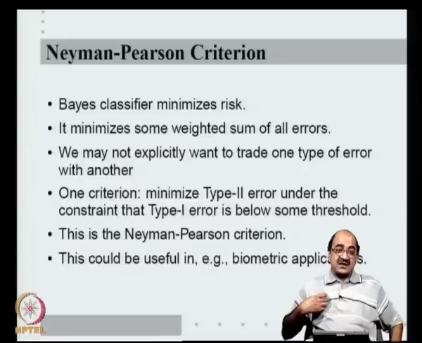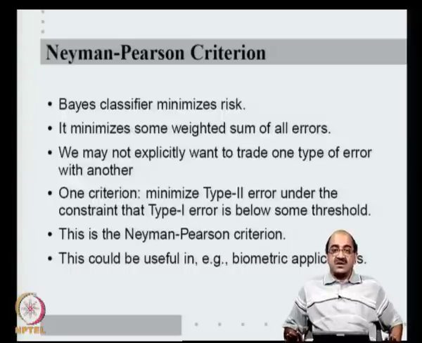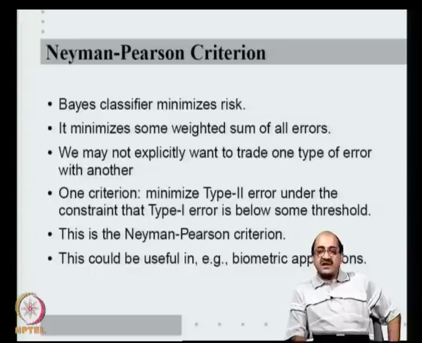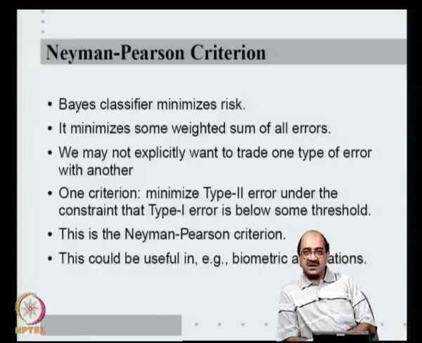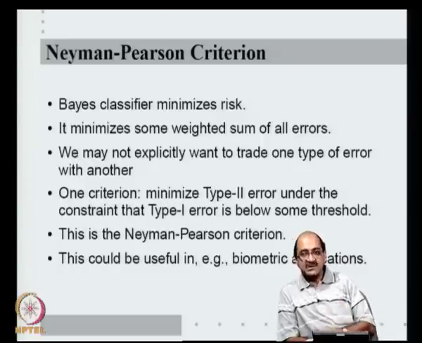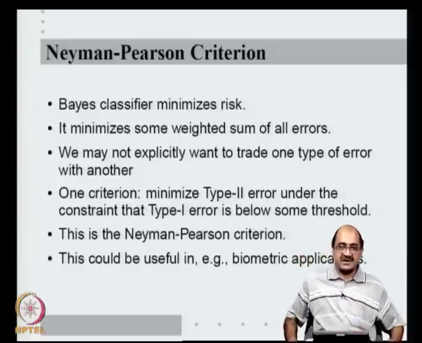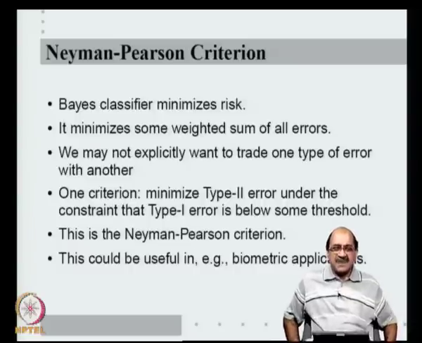On the other hand, I may say that I don't want more than 1%, more than 0.1% of the time, an unauthorized person gaining access. While maintaining that, can you give me the best possible error rate for the other kind? Right. So, I will put a particular threshold on type 1 error. That is, I do not want more than 1 in 1000, more than once in 1000 times, an unauthorized person to gain access. And among all classifiers that meet this specification, I want a classifier which minimizes the error of throwing away an authorized person, because throwing away an authorized person is only an irritation.